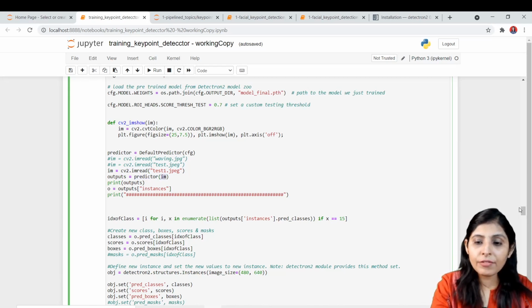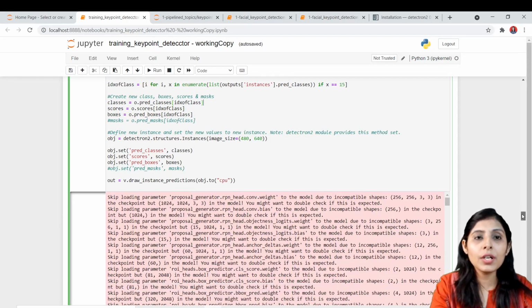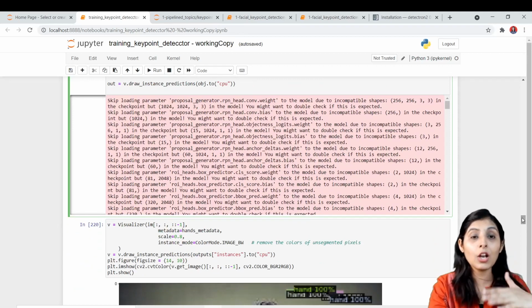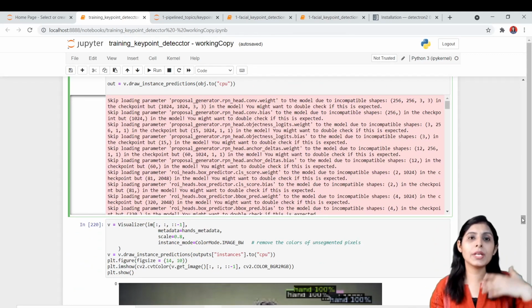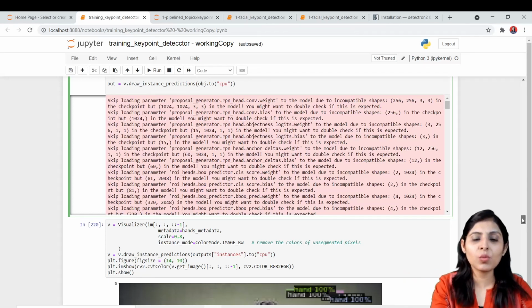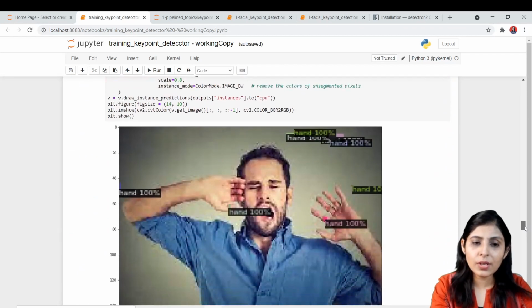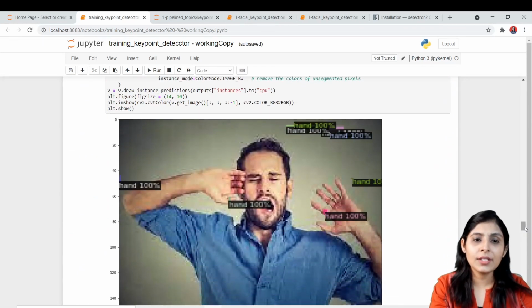And after that, so guys, now this is the code. Why have I written this code? Because while working on it, my algorithm was detecting the pre-trained classes of the COCO dataset, those 81 classes. But what I want is that my algorithm should detect the hand. So that code is just to get the single class. Okay, and you can see over here it is detecting the results, and